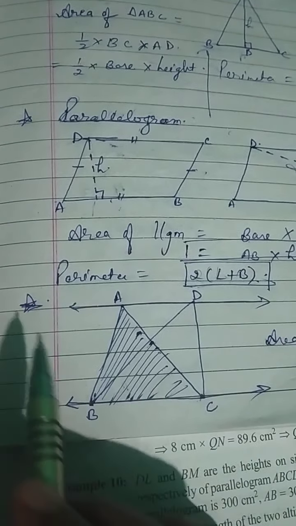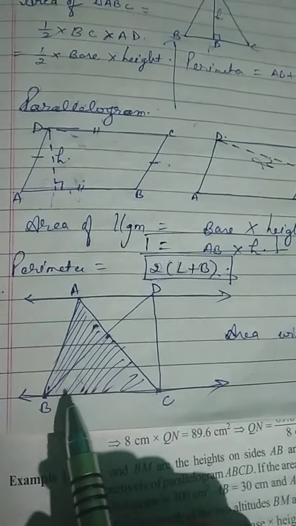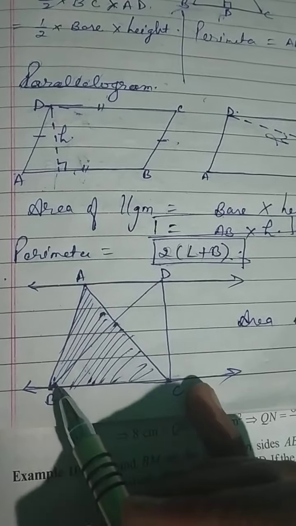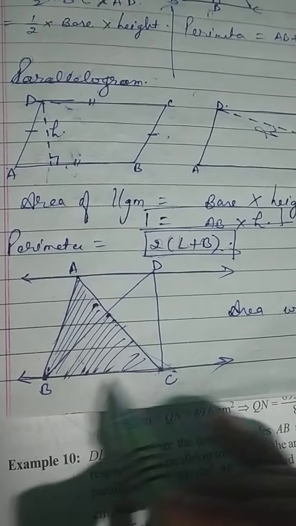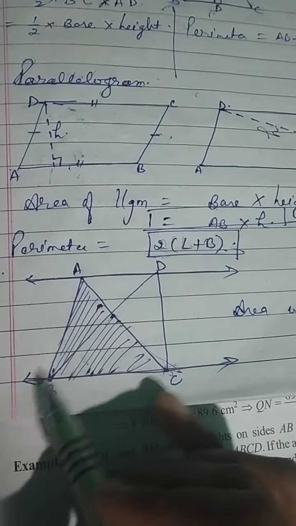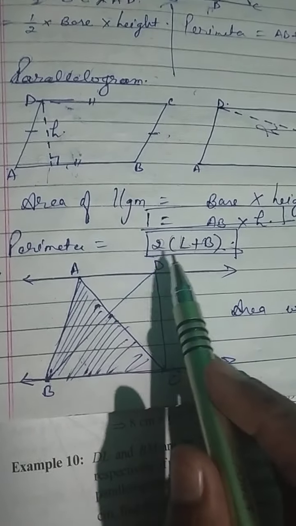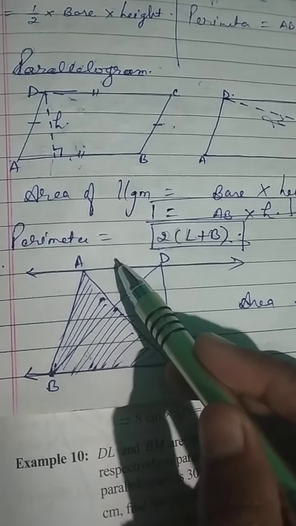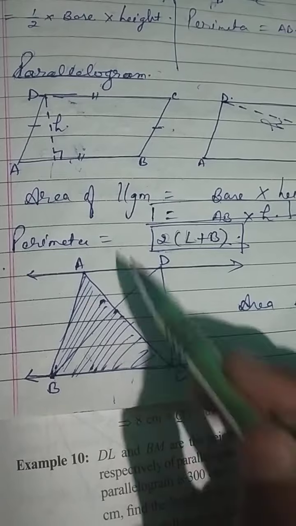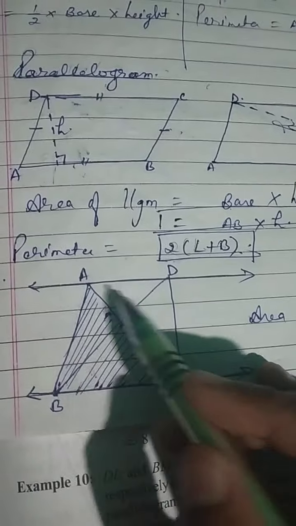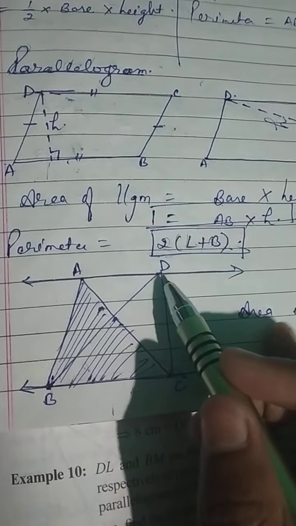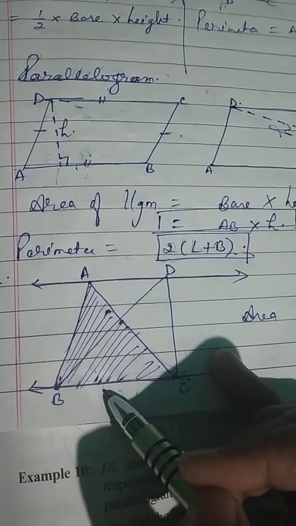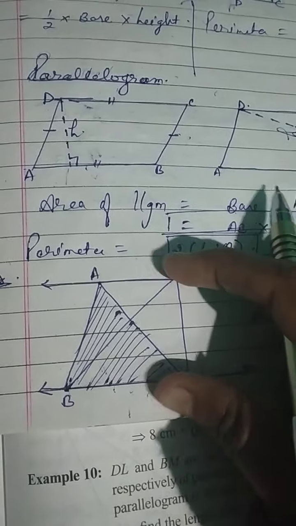Now it is one of the very important properties of triangles. You can see these are two parallel lines. Okay. And you can see here two triangles. This is triangle ABC and this is triangle BDC. You can see here that both the triangles are on the same base BC and between these two parallel lines. So according to this, we can conclude that the height of both the triangles will be same because both are between these two parallel lines.